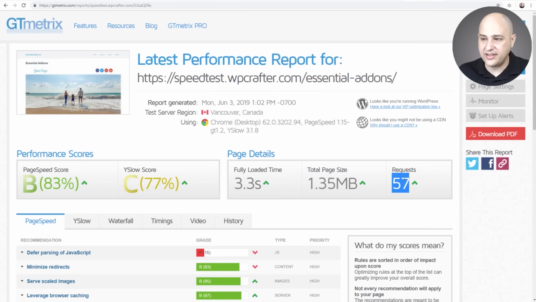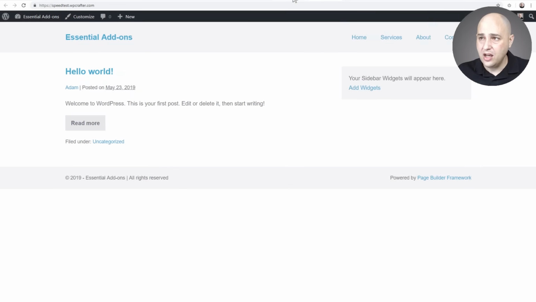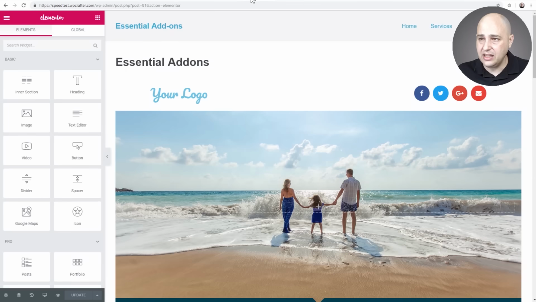And the requests are 57, and the time it takes to load the page has gone up. Now, mind you, this is no optimizations at all. I would optimize my website. Okay, so I'm going to go back here, and now on that same page, I'm going to go ahead and